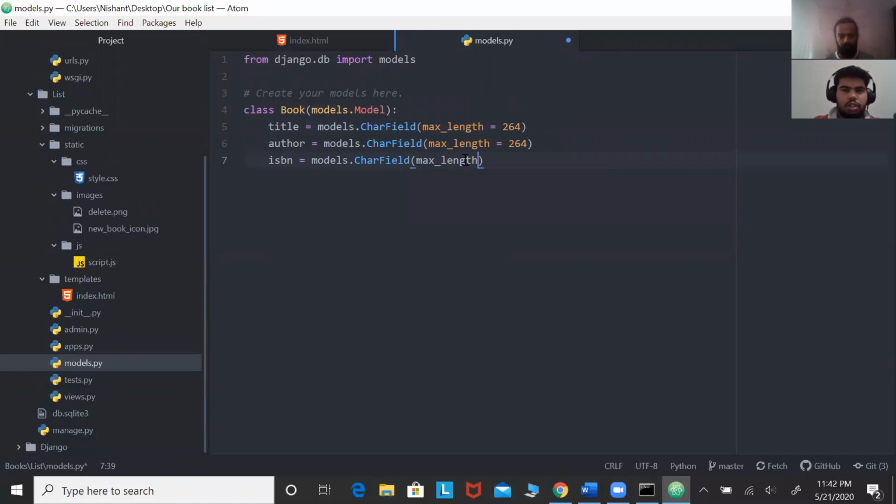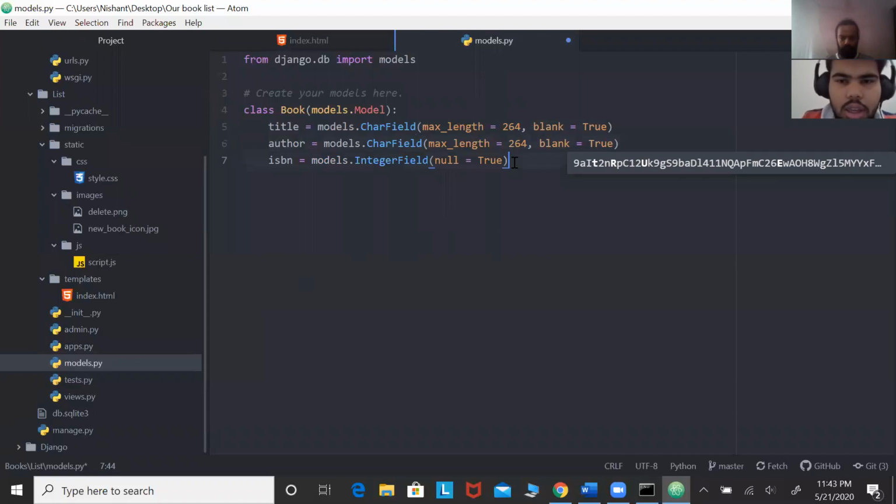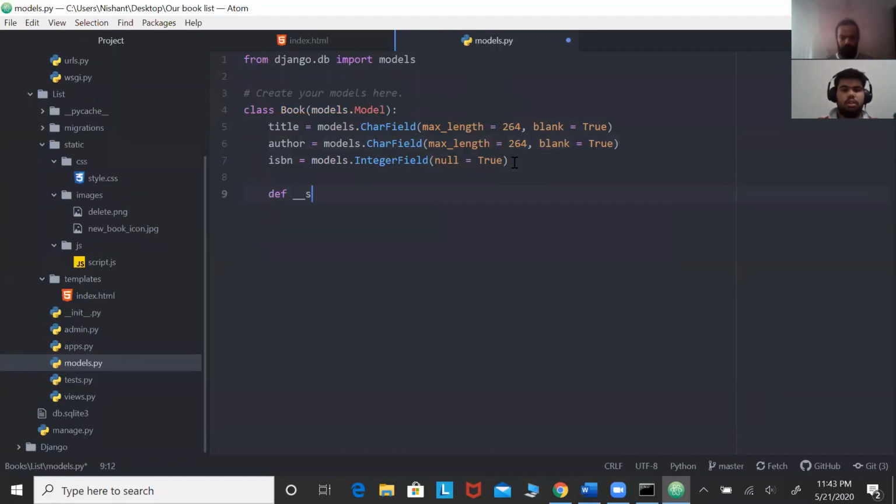Okay, I don't think this should be a CharField because I don't think ISBN has characters in it, so I'm going to pass in IntegerField. I'm going to say null equals True. Passing over here, I'm going to say blank equals True. Go over here, let's say blank equals True, and return